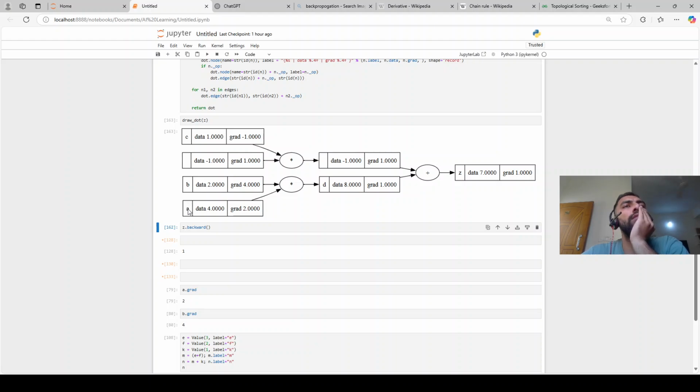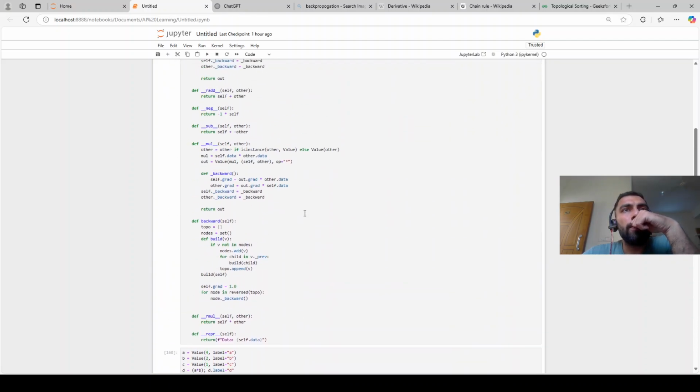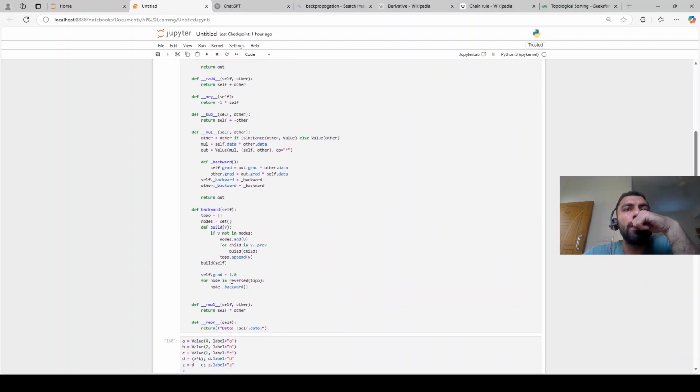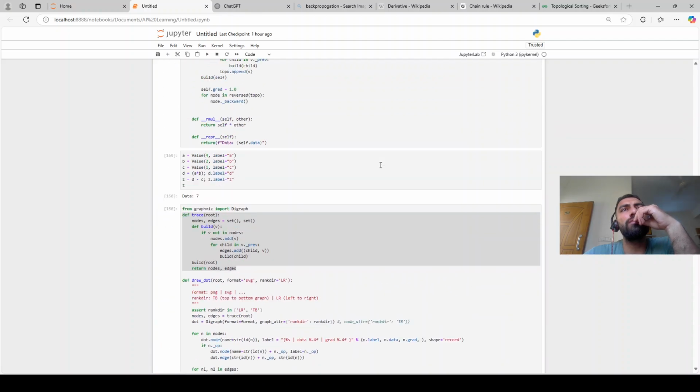So for A, if you call A dot backward here, it will calculate the backward gradient for this. Interesting thing that I saw here, right? If you want to go ahead with this, the parent node itself, when we are calculating D, right, it actually calculates for these two individual. When I calculate for this gradient, it calculates for this individual. So in that case, we can get